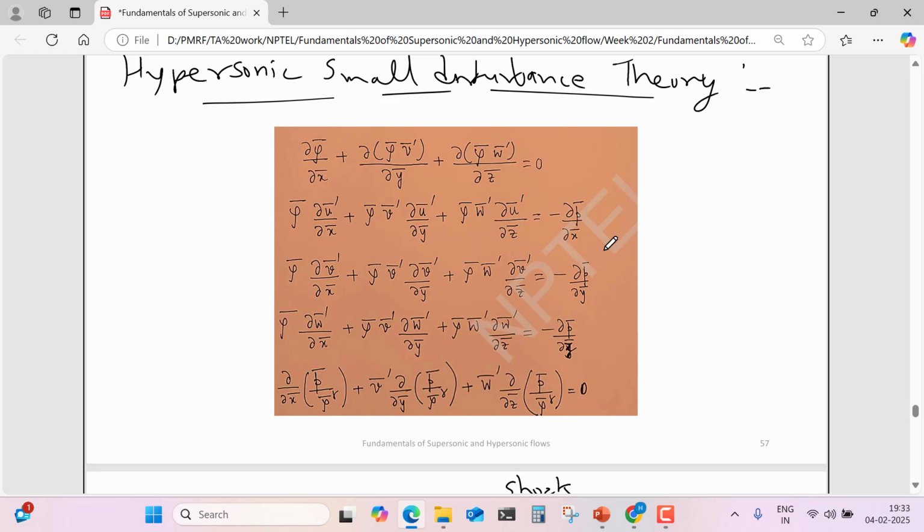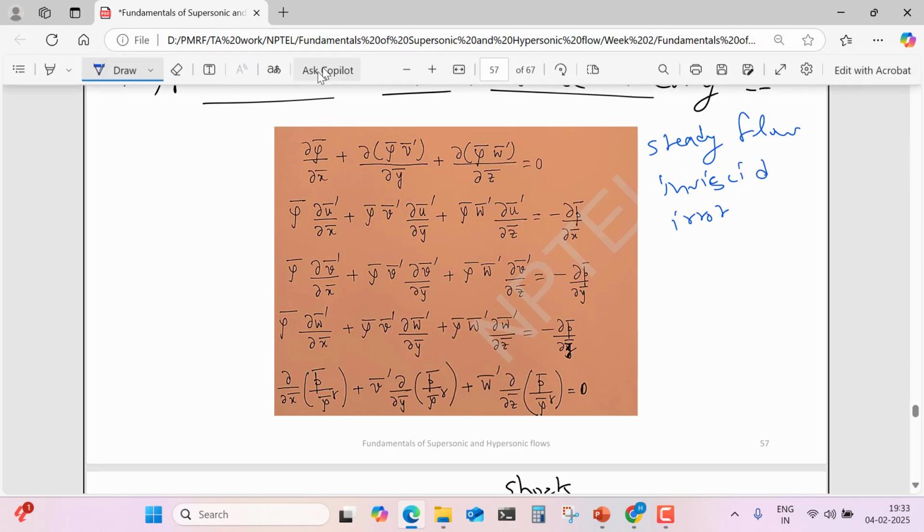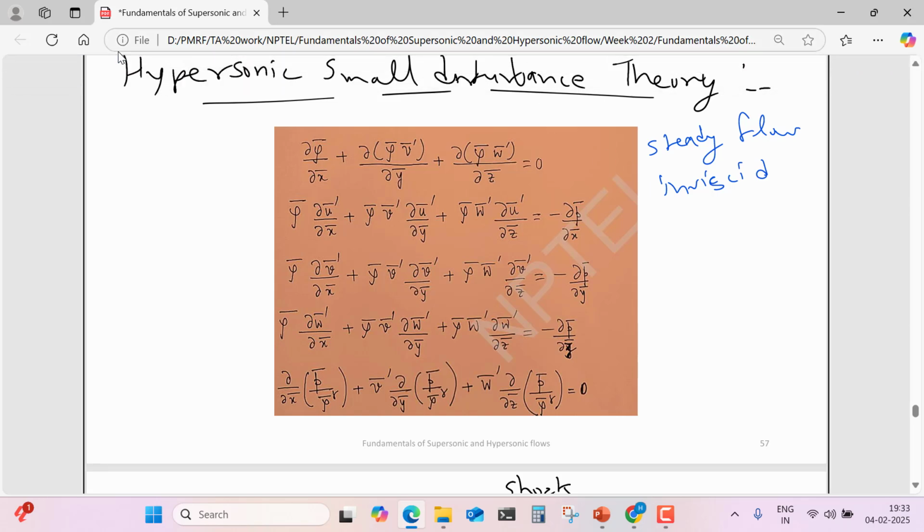Now we will see what is the hypersonic small disturbance theory. So if we see the governing equation, this equation is for steady flow, and this is isentropic. So in the general equation,